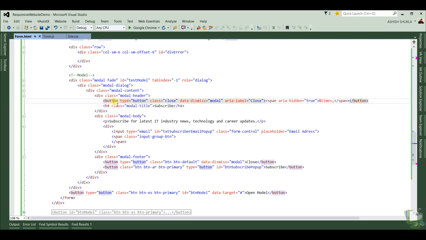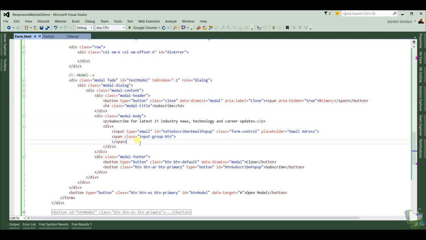Inside the close button we have provided data-dismiss equal to modal. This is similar to what we implemented in our alert control, where we used data-dismiss equal to alert, and here inside this modal we are using data-dismiss equal to modal. So this will close our modal dialog.